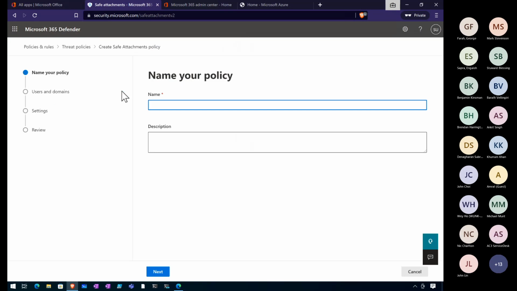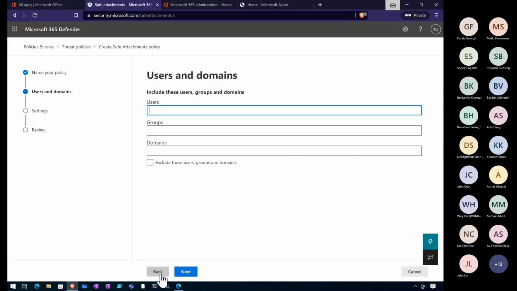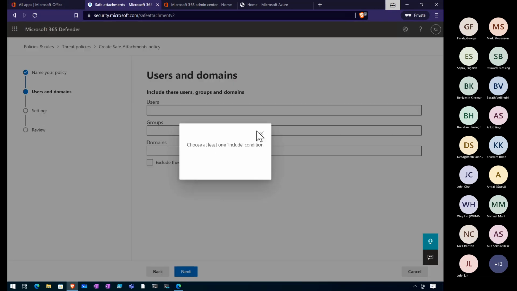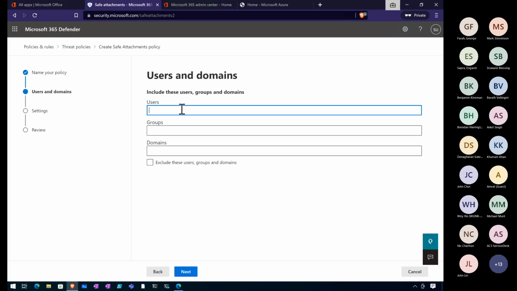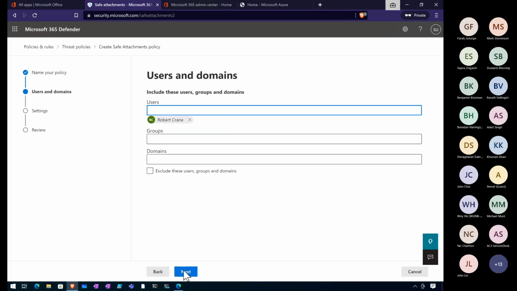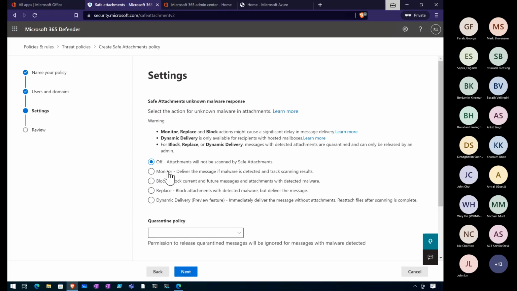And if we go in and create a policy here, let's just create a test policy just to show you. We can target specific users in there if we want. I've got to put one user in there, so let's go in here and put one in there. Put that one in. Next. And you'll see here we've got the option to have it off, have it monitor, again, block, replace, or dynamic